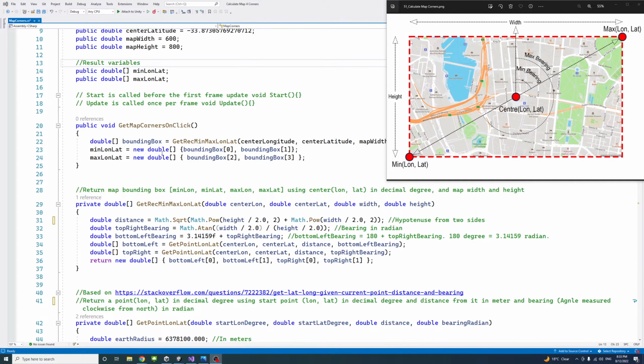The next method is where it returns this one. It returns a bounding box in a format. It's an array of type double. The first element is the minimum longitude, this value, and the second is the minimum latitude, this value. The third element is the maximum longitude, this value, and the fourth is the maximum latitude, this